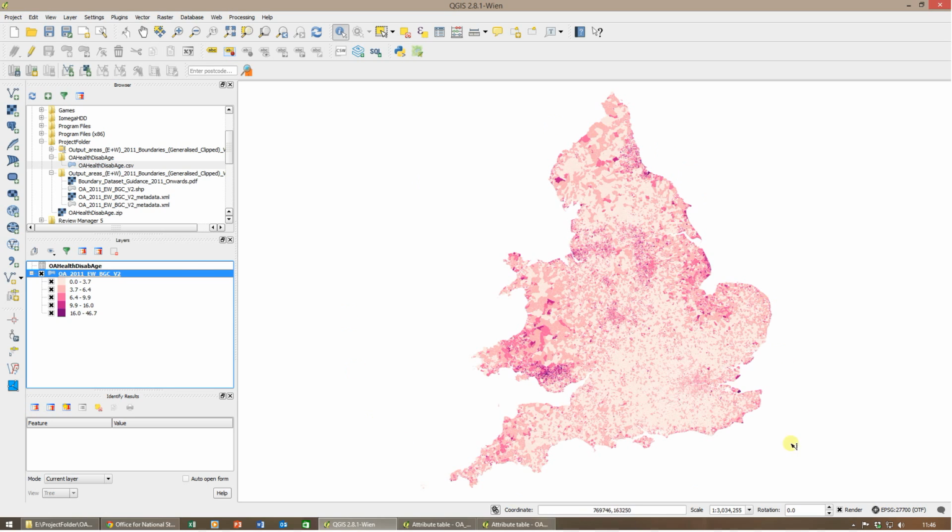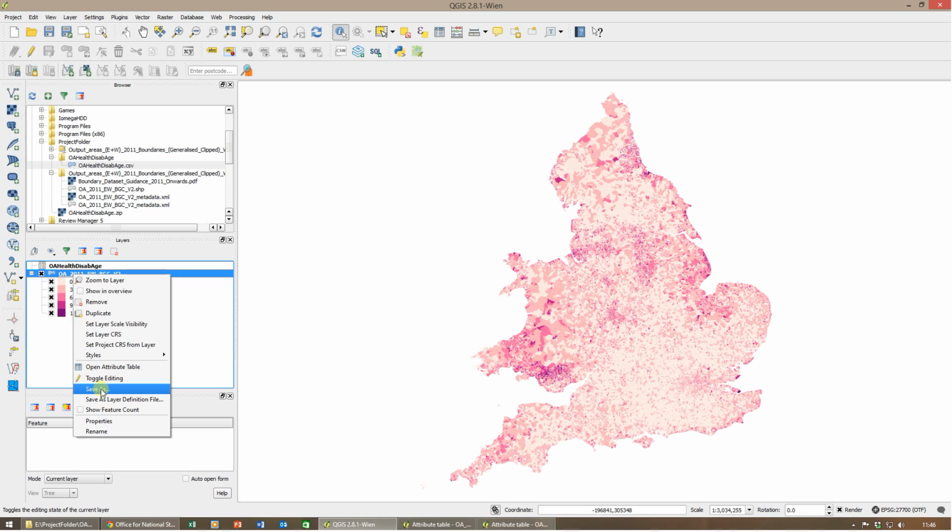Okay, now once we've created our map and we've joined our attribute data to our boundaries, it's good practice when carrying out this kind of mapping to export your joined boundary data and attribute data as a new file. Now there's a number of reasons for this, but essentially it makes a more stable file for doing more analysis with later on. So it's always good practice to save our map as a new file. So if we right click on our joined layer and go to save as,